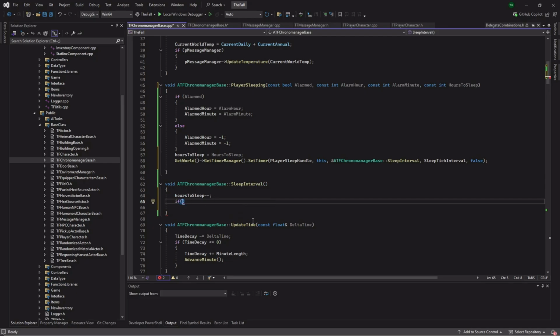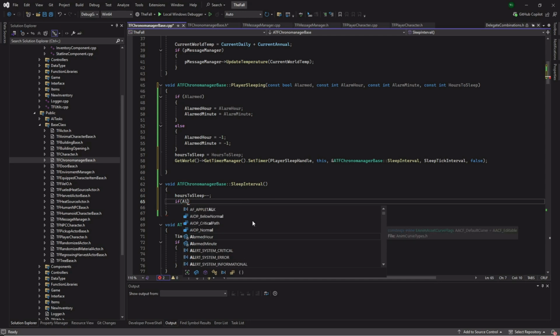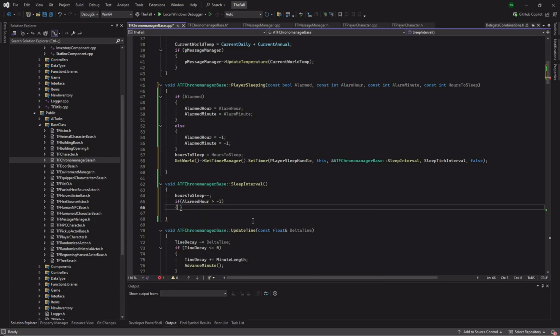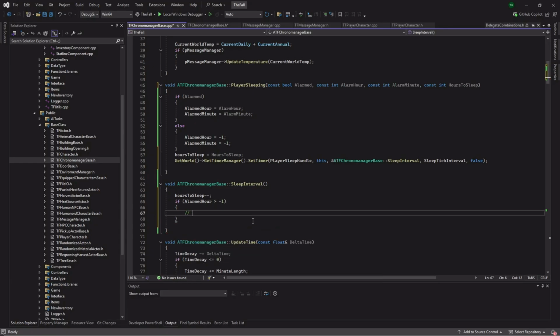Because yeah, that ticks it down by 1. So if alarmed hours is greater than -1, this is the case of check time against alarm. Now I'm adding this comment in because I'm going to be ending things off here in a moment, but